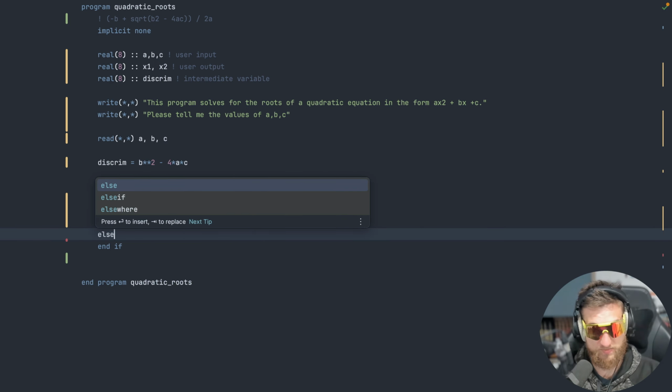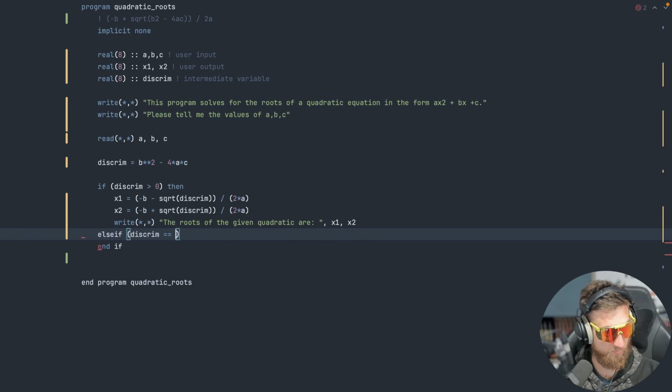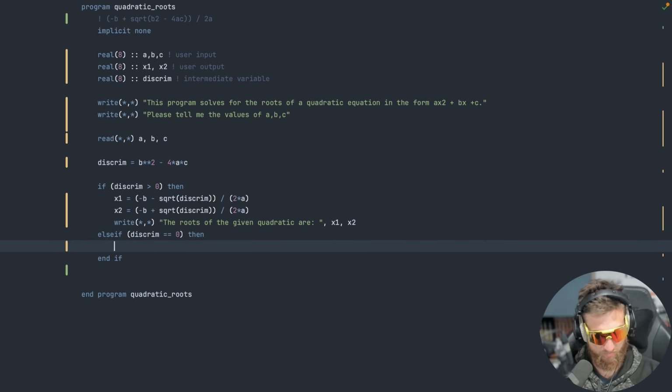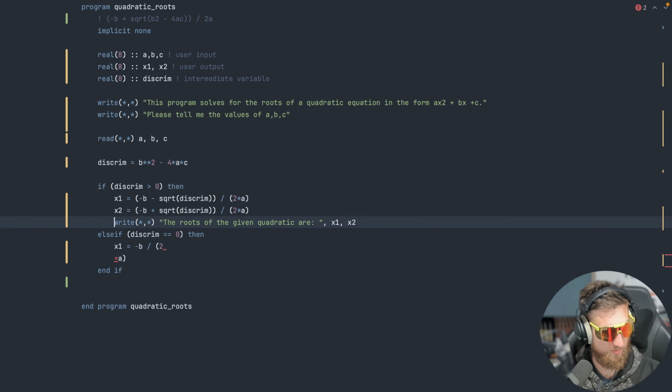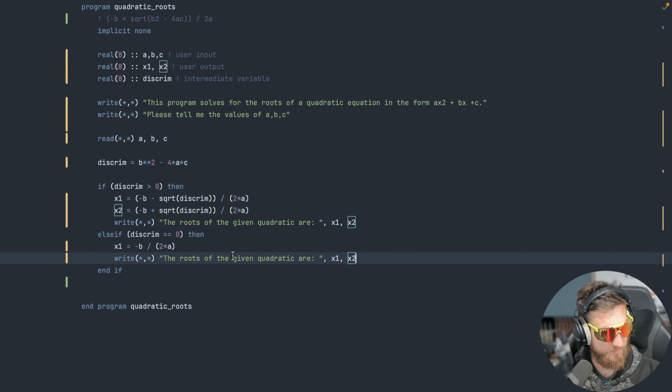Then we can do else if discriminant is equal to 0, double equals, then we're going to say x1, it's just a single root, is equal to minus b divided by 2 times a. I'm going to put some brackets around here just in case. Cool, and then I'm going to do the singular root is